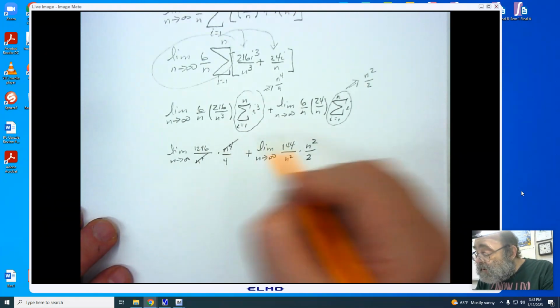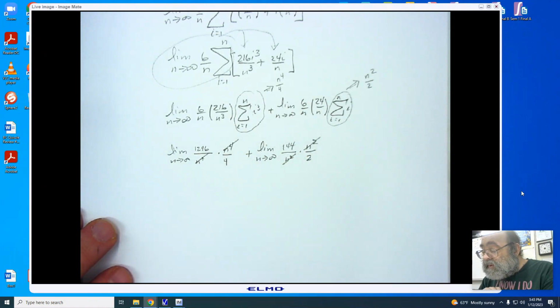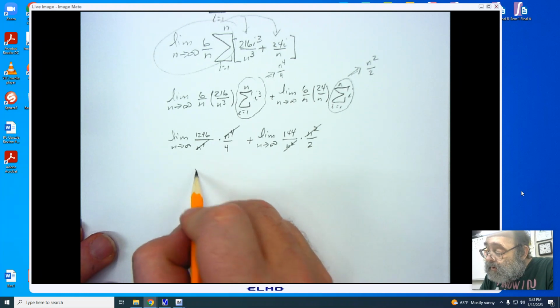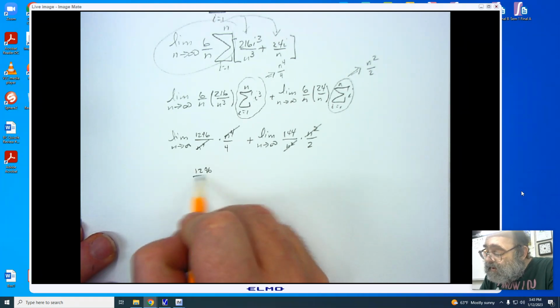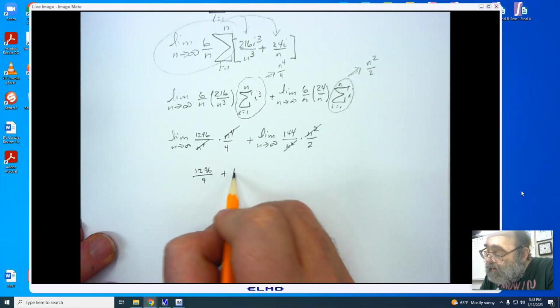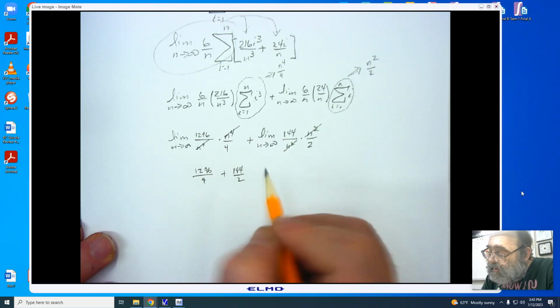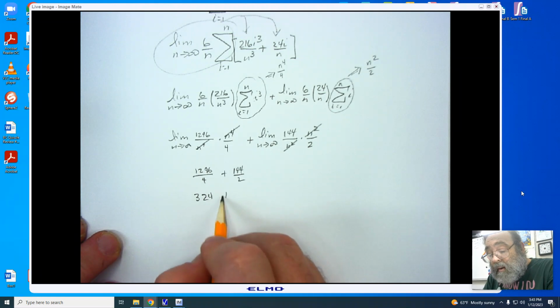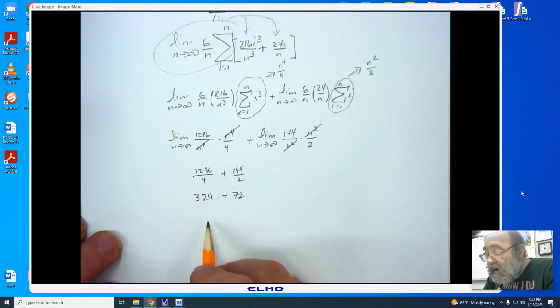N to the 4th cancels. N squared cancels, leaving me with 1296 divided by 4 plus 144 divided by 2, and this will give me 324 plus 72,